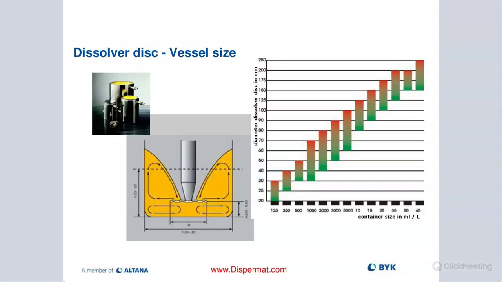We can use a 30 millimeter blade for very low viscosity materials, and all the way up to a 70 millimeter blade for products that are really thick and viscous. But the sweet spot will probably be somewhere between 40 and 50 millimeters of diameter. That's the preferred diameter size